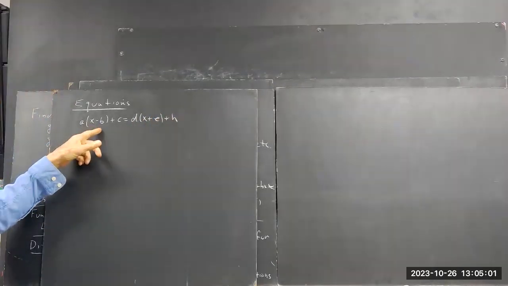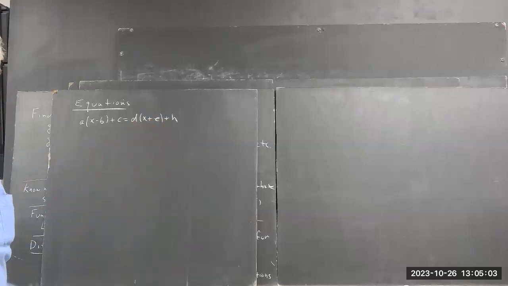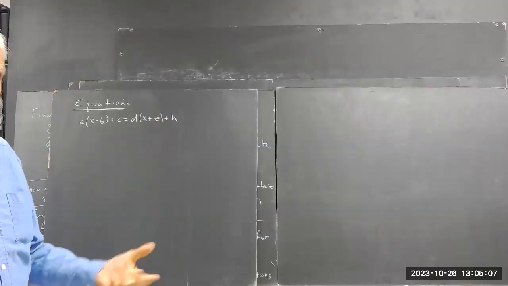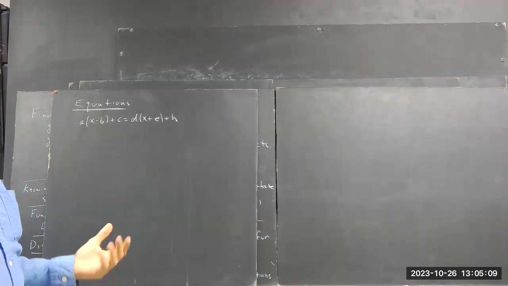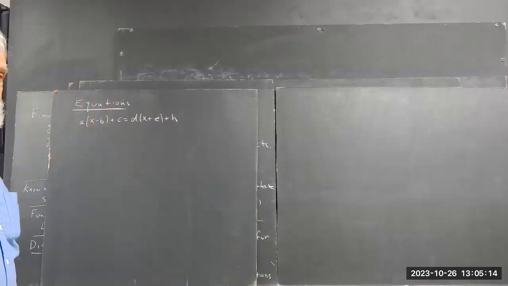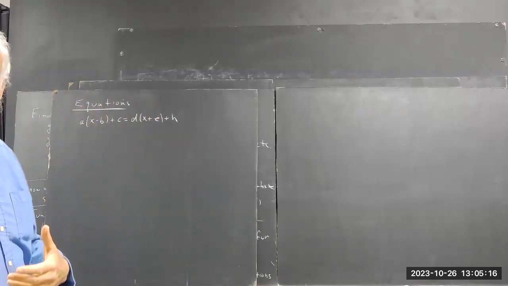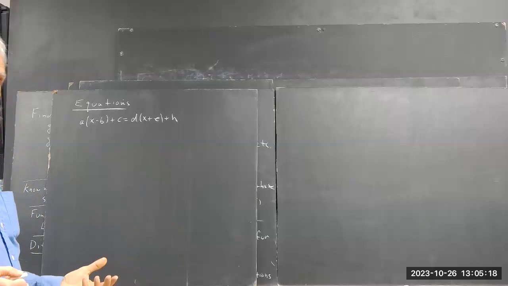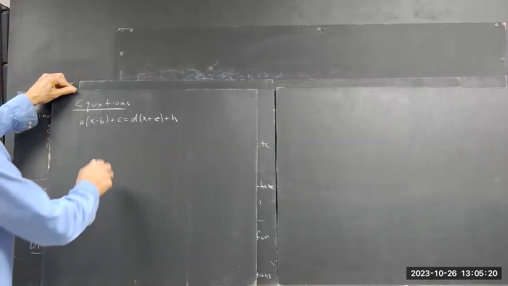If I put in numbers for A, B, C, D, E, and H, can you solve this equation? Well, I certainly hope so, because it's really fundamental. It's really pretty easy. You just use the distributive law, multiply through, add up your numbers, add up your x's. So you reduce to